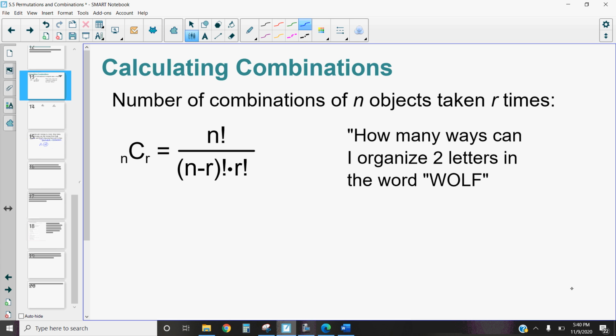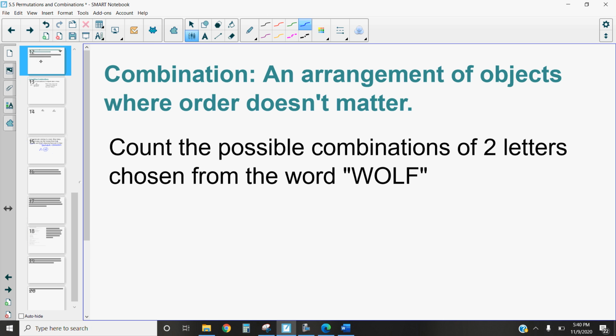Hi, this is Mrs. Kidman, and in this video, we're going to be talking about how we can calculate combinations. So a reminder, in the previous video, we talked about permutations. Permutations are an arrangement of objects where order matters. Now, a combination is an arrangement of objects where order doesn't matter. So what we want to talk about here is count the possible combinations of two letters chosen from the word